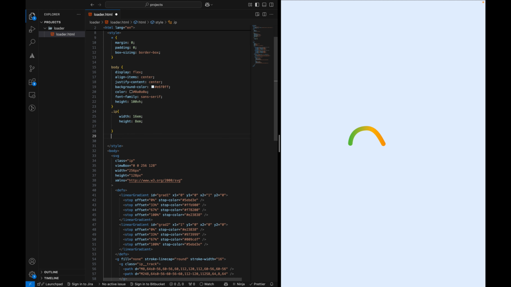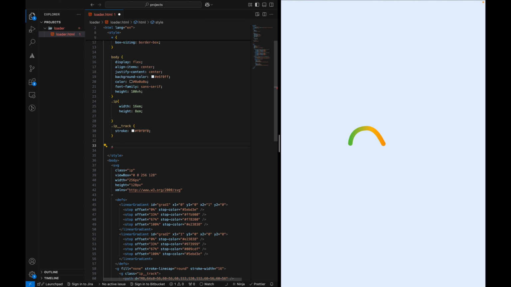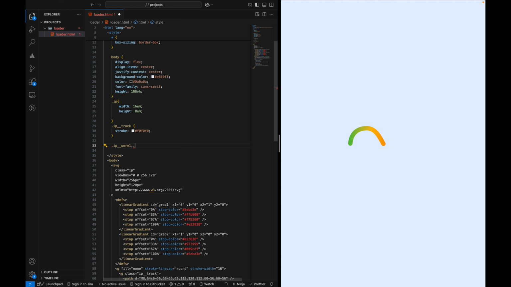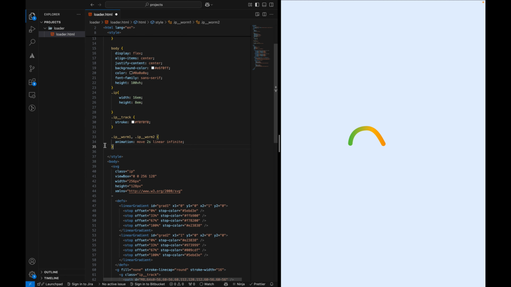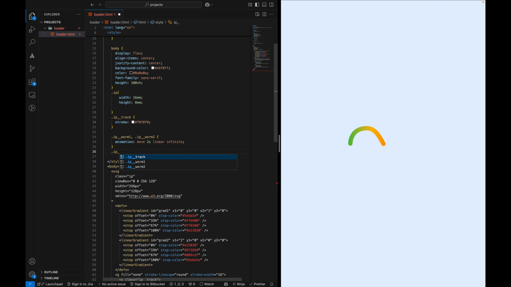and I will add some more style to the ip track class. I will add some stroke here, and comma, ip worm 1, and also to ip worm 2. We will add this type of some illumination, and then ip worm 2,